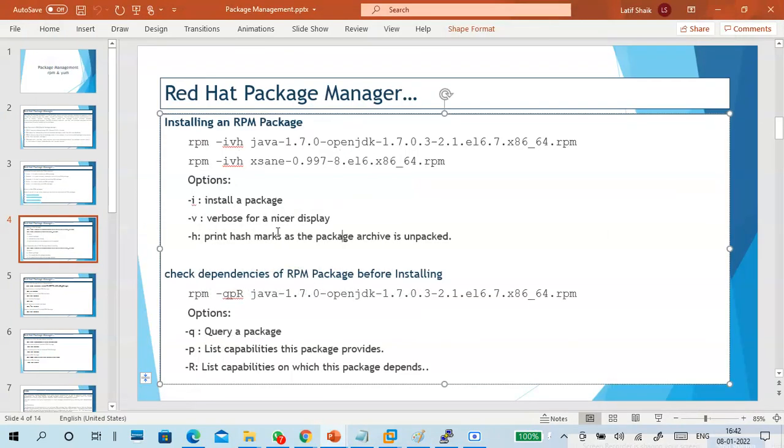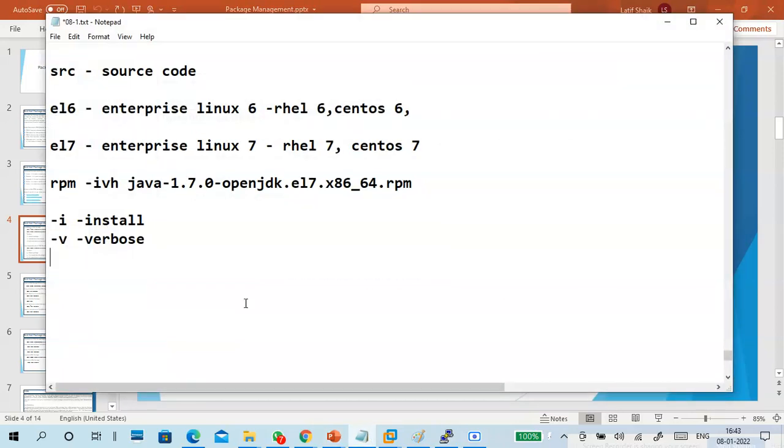H prints a hash mark as the package archive is unpacked. So hashing is just for display purposes, nothing inside.